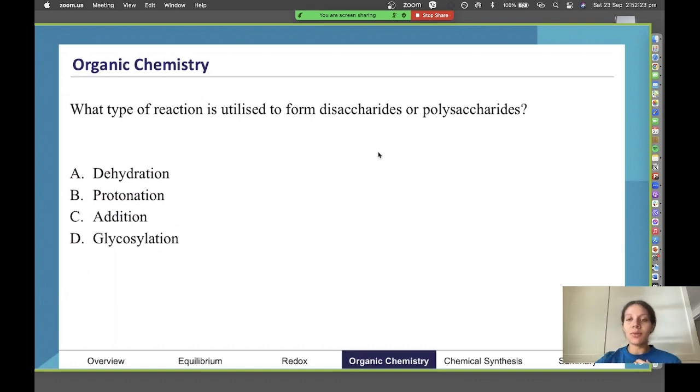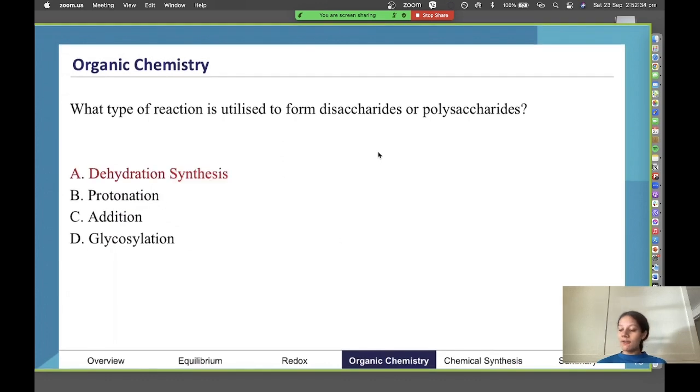So really important: when we're adding monosaccharides together to form either disaccharides or polysaccharides, we're undergoing a condensation reaction and we're forming glycosidic bonds. So we don't actually have a, oh, sorry, did I say we definitely don't have dehydration? Sorry, we don't have hydration. I was going to say that because we're taking out water in a condensation reaction. Apologies, I think I got my words mixed up there, but condensation is removing water. So removing H2O.